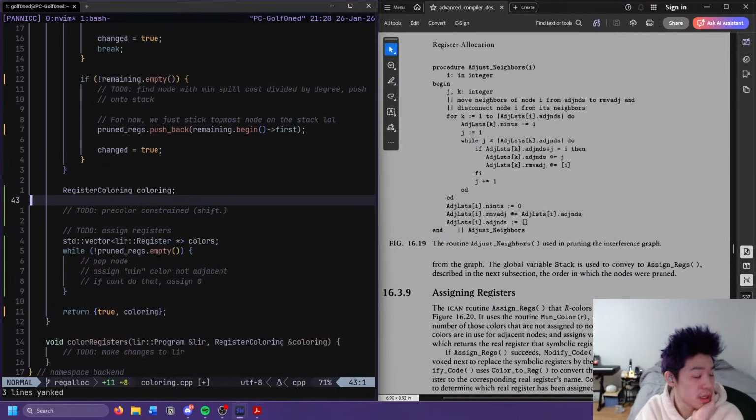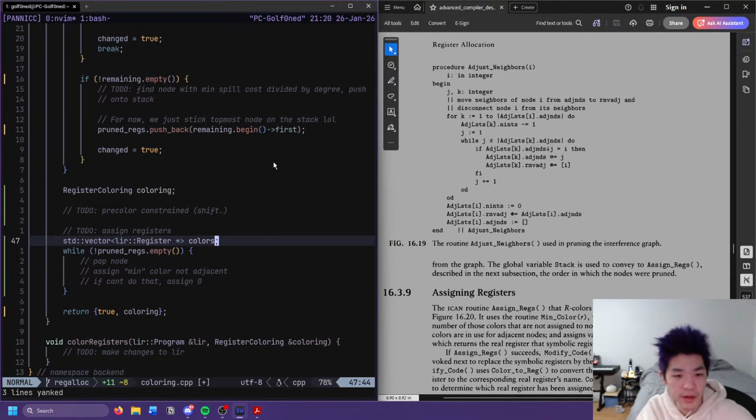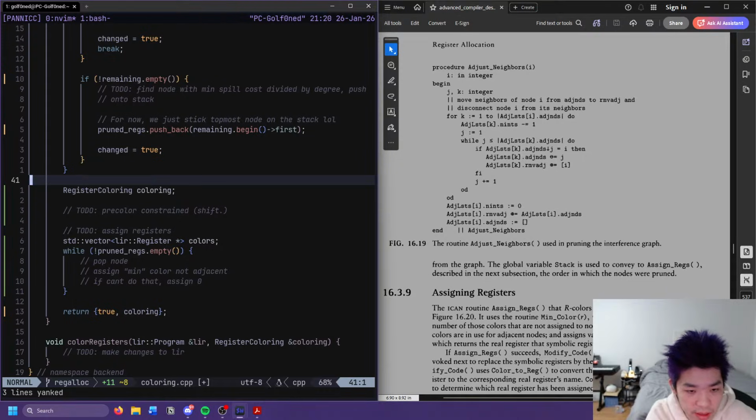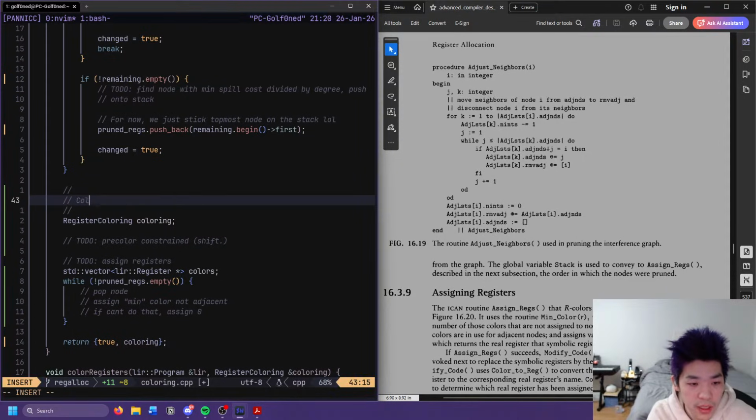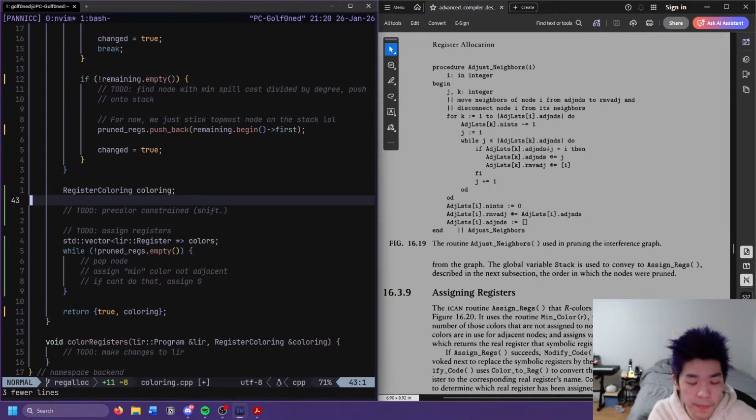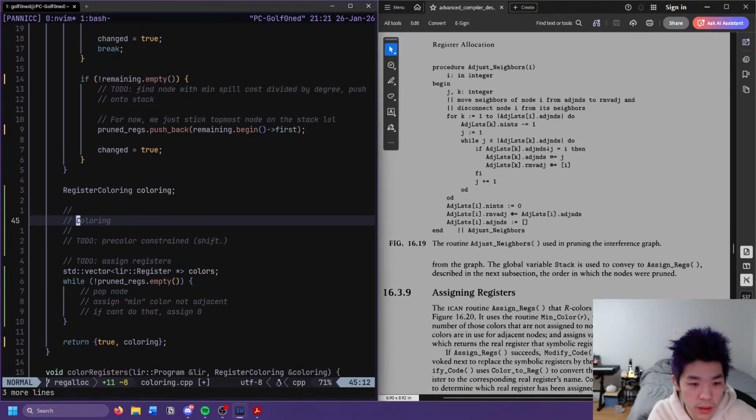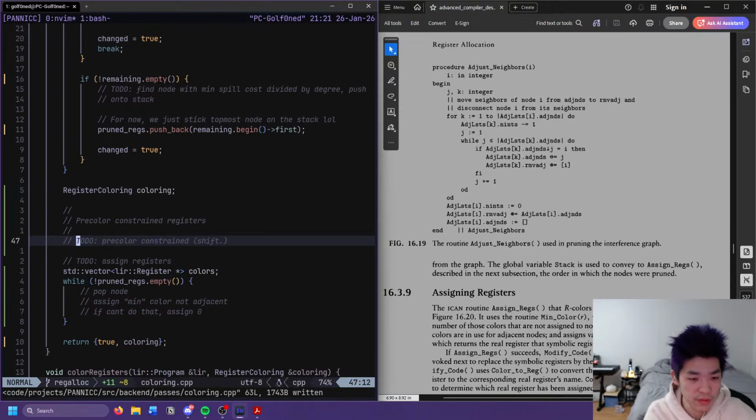What am I doing here? I don't know, I'll figure that out in a second. I'm gonna finish coloring. I guess here we want color, constrained. Yeah, we can leave this comment here.